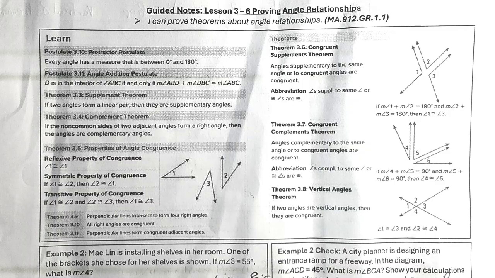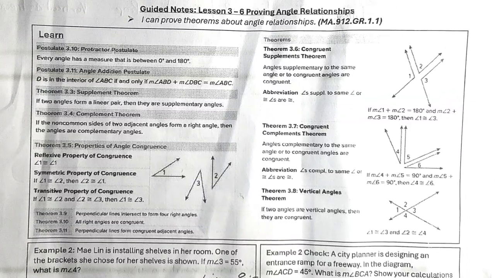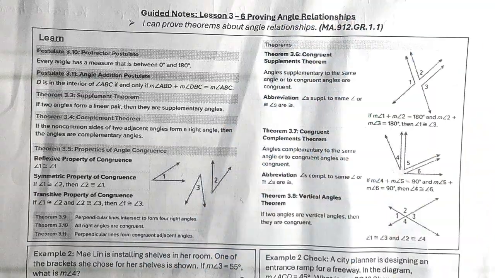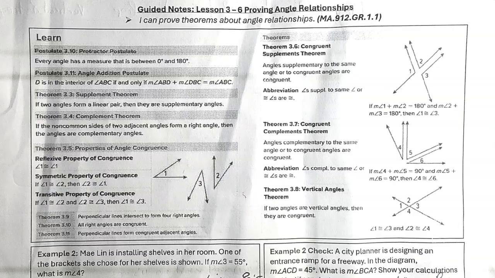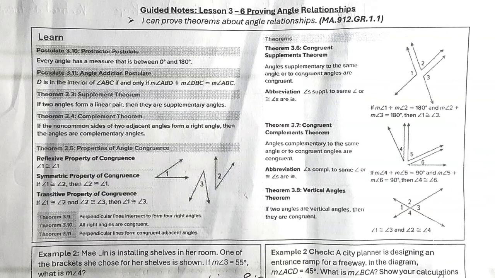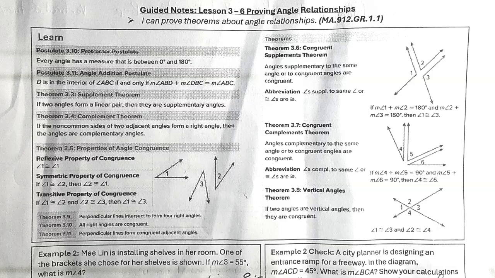Welcome back, students. In this video, we're going to cover lesson 3-6, proving angle relationships. Let's get this set up here. The standard for this lesson is GR 1.1, listed below the title. So we've got some postulates and some theorems we're going to talk about before we move into the actual problem,